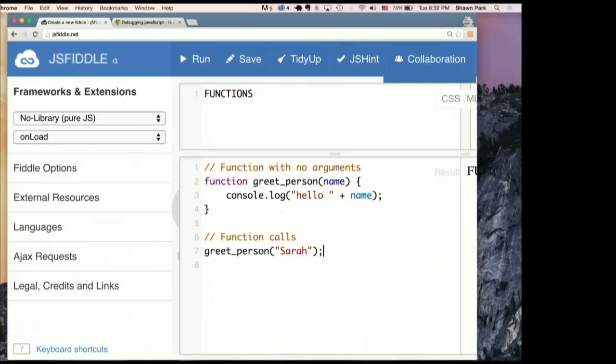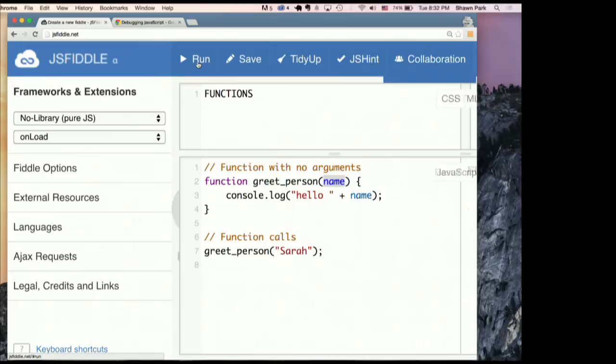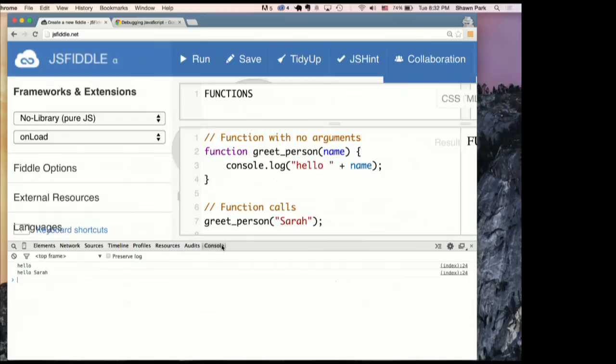So if we follow this, when you call greet person, it looks for the function greet person, and it sees that you fed in this value, a string called Sarah. So name is assigned to Sarah, and inside the function, any instance of name will be replaced with Sarah. I'll just show you guys. So if we run it and inspect the element, you can see that it says hello, Sarah. The first one was from the previous iteration of greet. Are there any questions? Yeah, no. Okay.